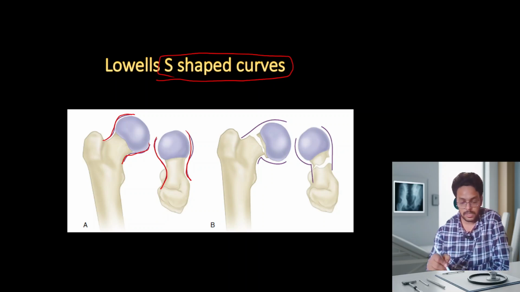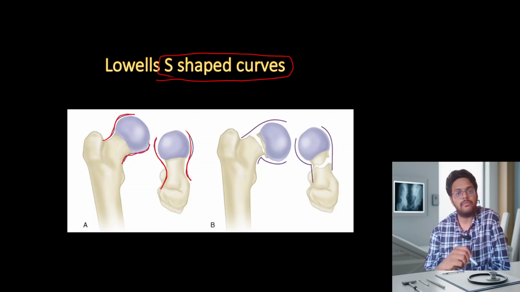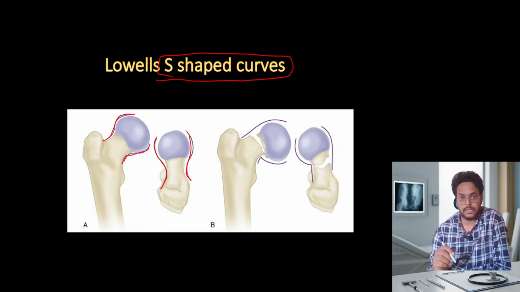These S curves should also be maintained. If one of these S-shaped curves is not maintained, it's an improper reduction. You have to do the reduction once more to maintain these S-shaped curves,